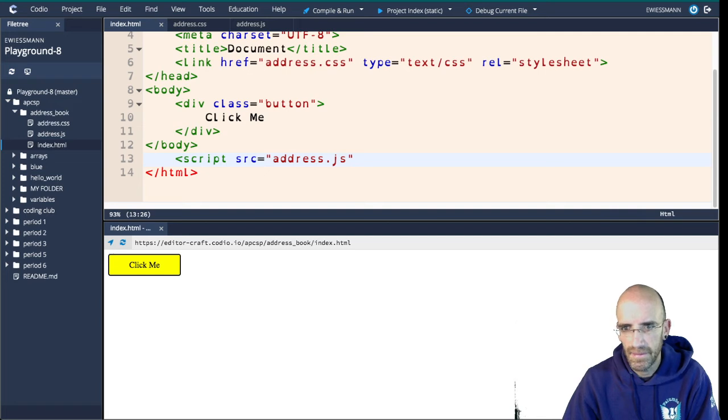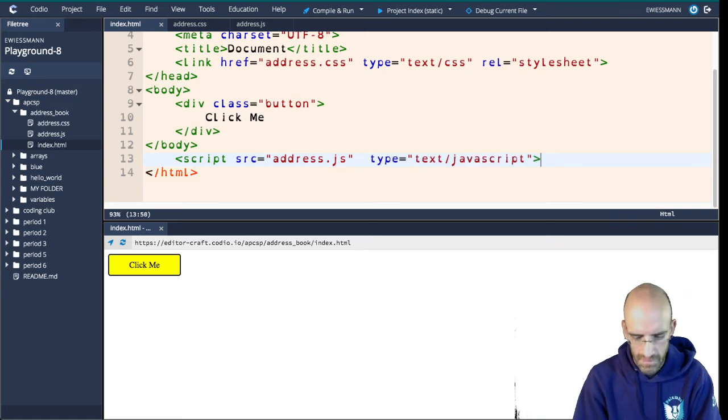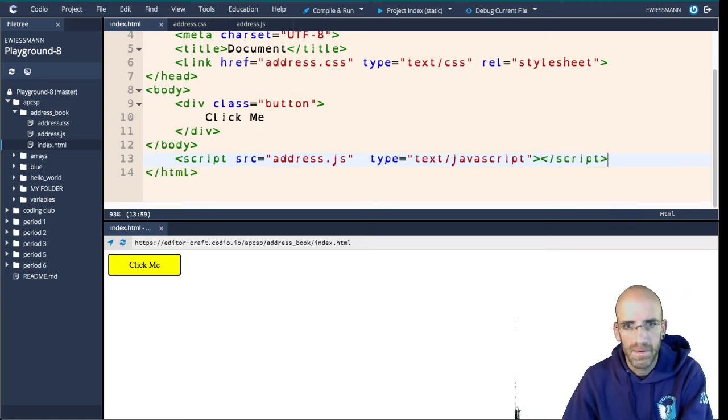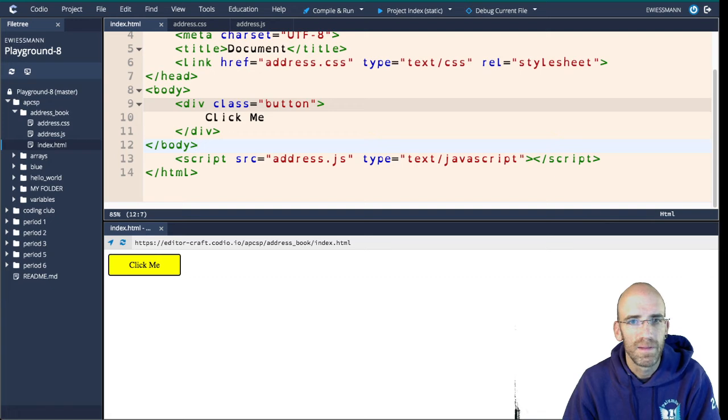And that type is JavaScript. And so that will call my script. Now my script isn't going to do anything immediately, but what I'm going to do here is I'm just going to say